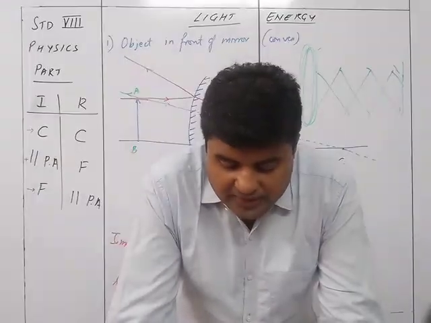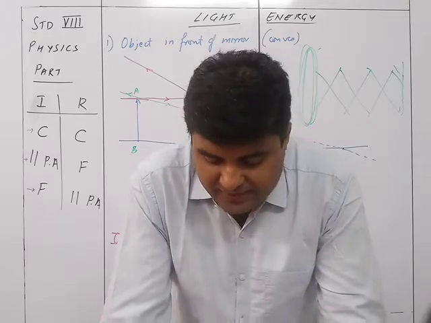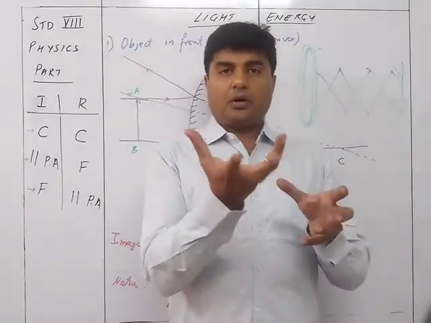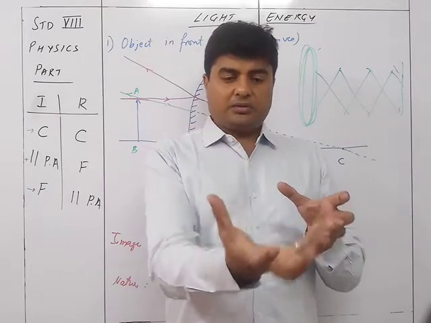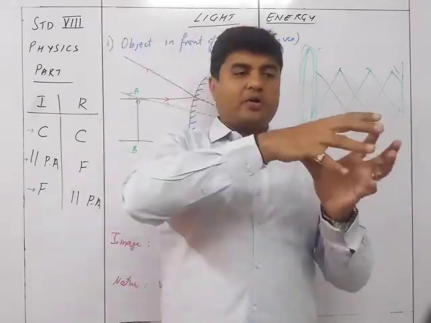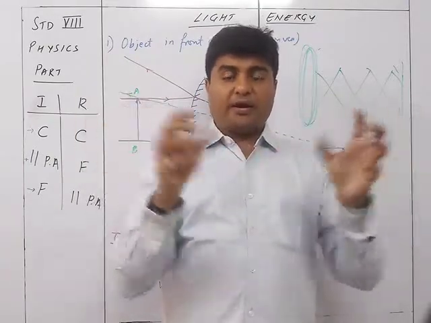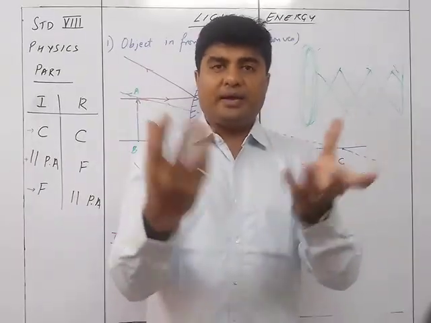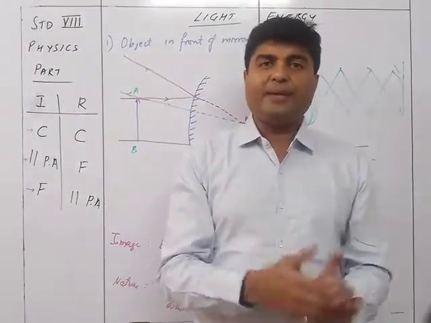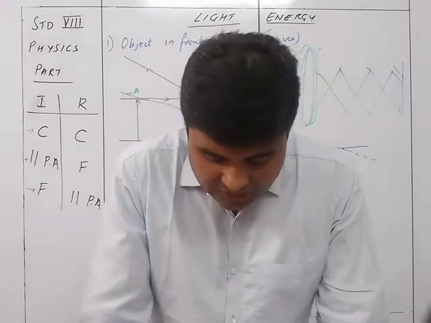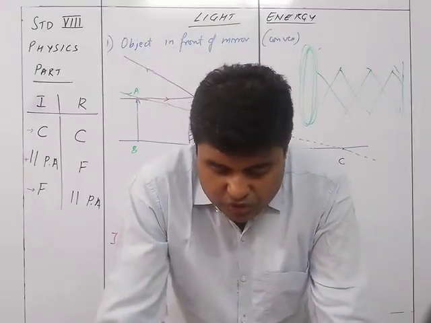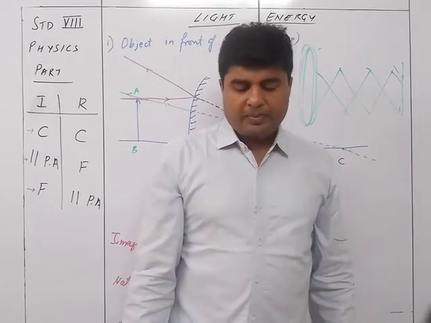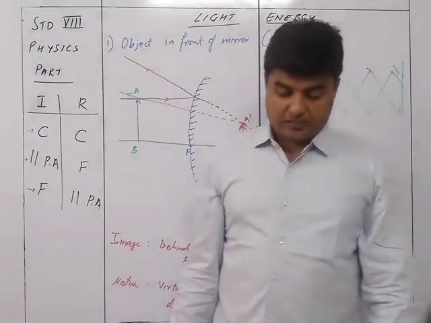Next is use of concave mirror in a solar cooker to converge the sun rays. So in a solar cooker, what happens? There are some mirrors, and they place the food in a container in the center. The sun rays are going to come over here and converge at a point, that is the focus. At that point, due to sun rays, it is going to get heated up and the food can be cooked. So in a solar cooker, a concave mirror is used to reflect the sun rays so as to converge them on the cooking material placed at the focus of the concave mirror.